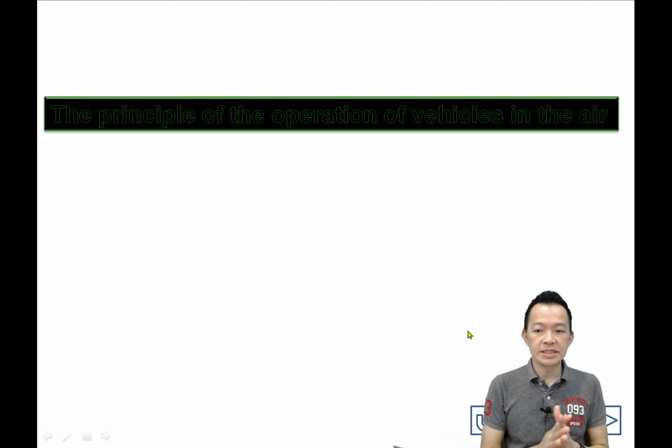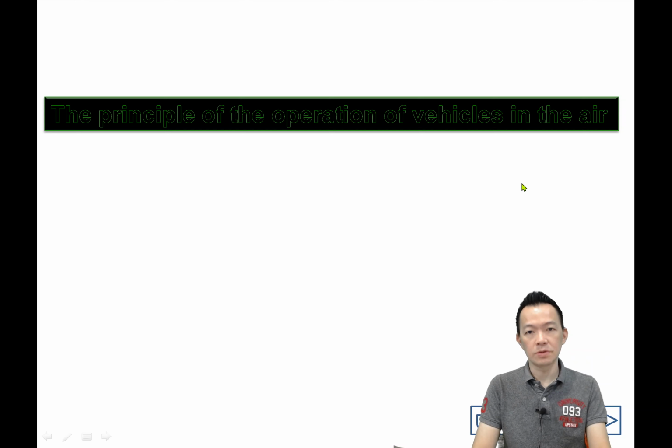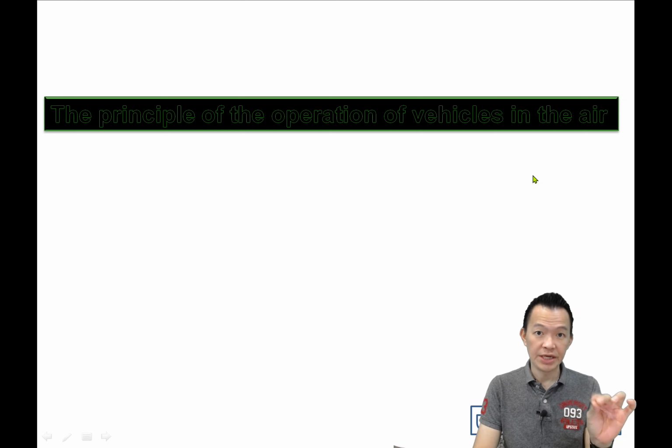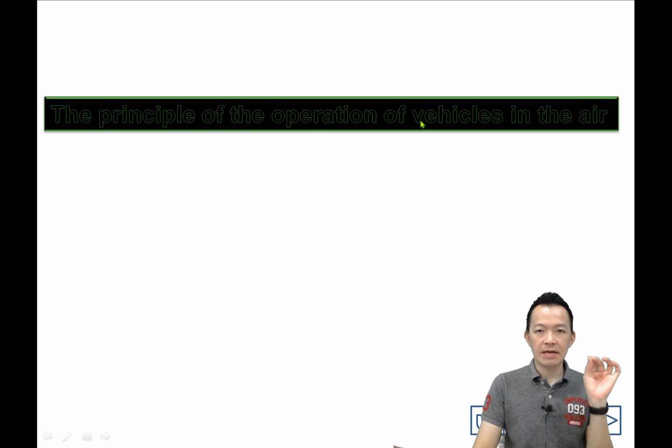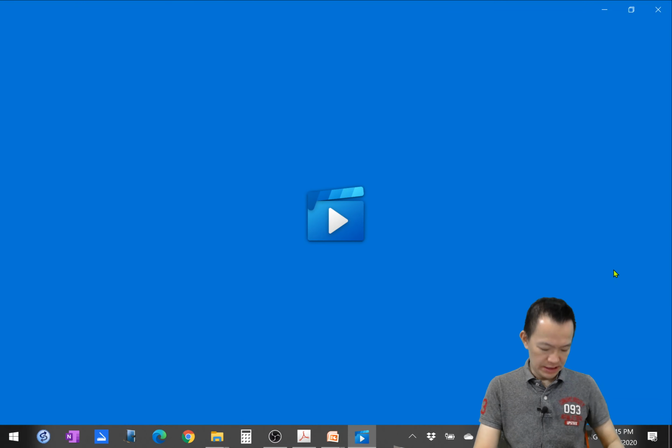Okay, so this is the last title, The Principle of Operation of Vehicle in the Air. 空中的交通工具. Or we're going to talk about aeroplane. 飞机. Okay, before I start, let's look at some of the example of aeroplane. 看看一些飞机